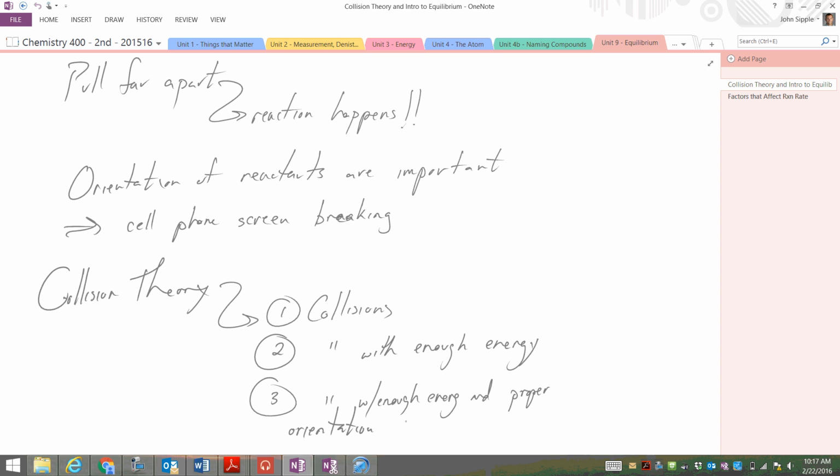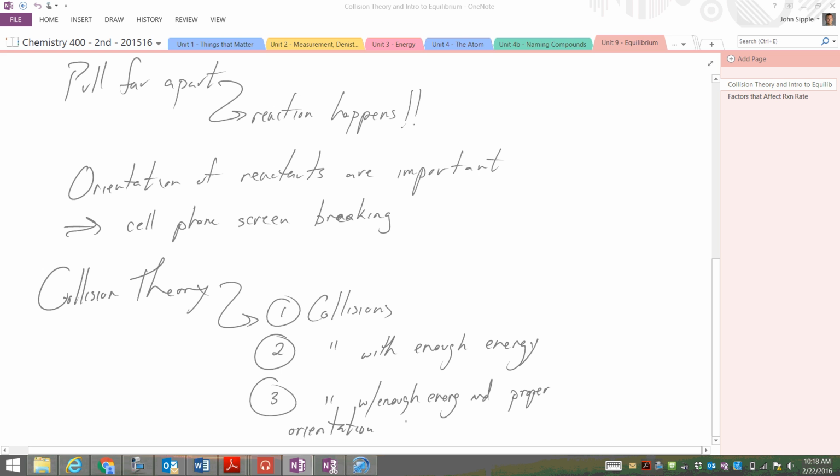Well, how can you increase the number of collisions? Think about how you can increase the amount of energy in those reactant molecules, and what you can do to change the orientation to make sure they're colliding with the right orientation. You guys are going to do a lab tomorrow and work through some of this. We'll change some different singular variable and see, what do you think is happening? Is the amount of energy changing? Is the number of collisions changing? Is the orientation of these molecules changing? What's really changing the rate of the reaction?